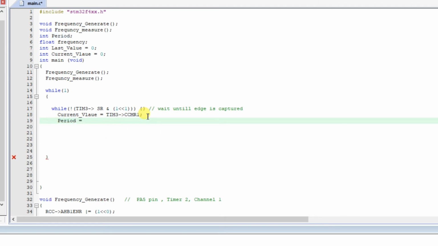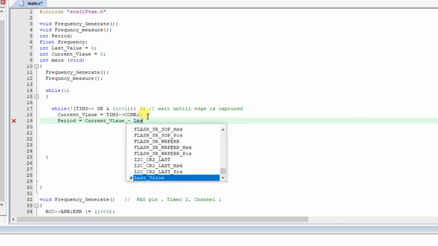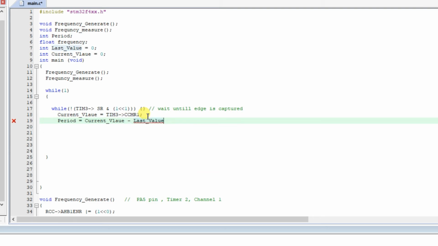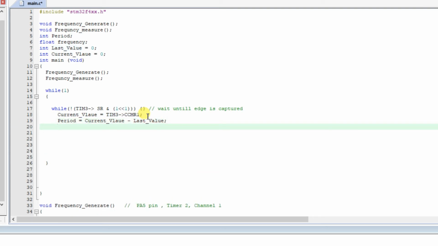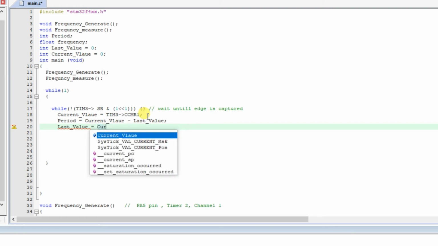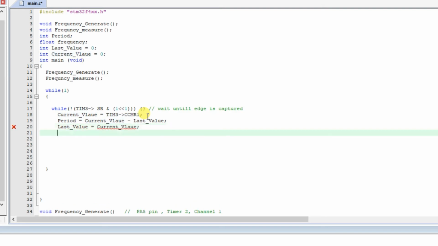Now we will calculate the period. So period equals current value minus last value, and we will assign last value as current value. Okay, now we will calculate frequency.